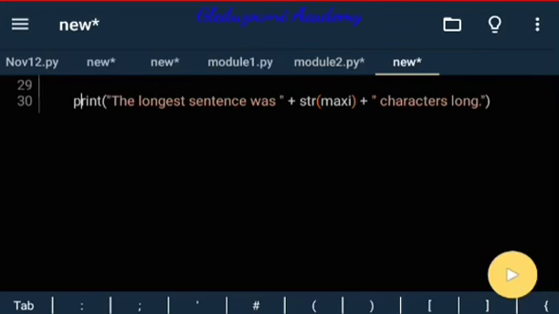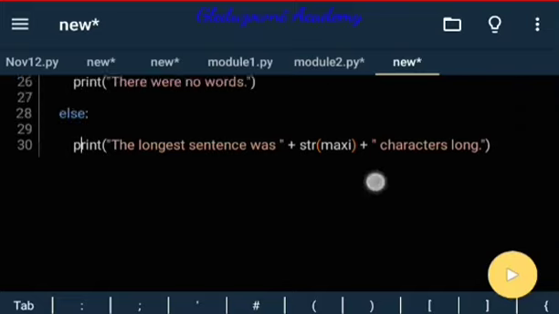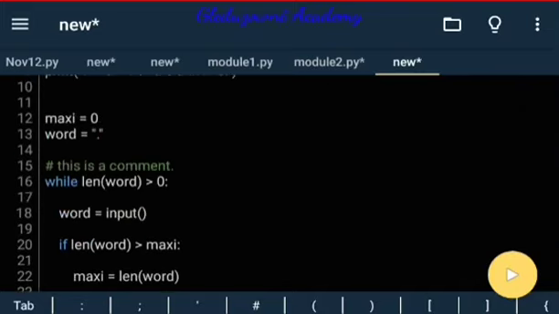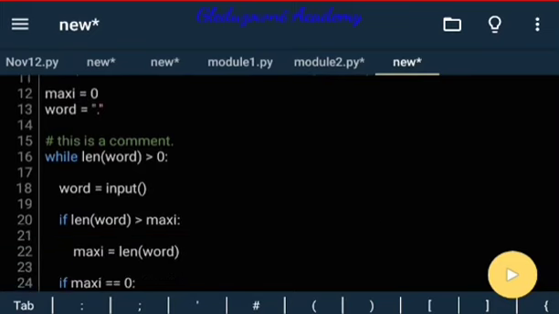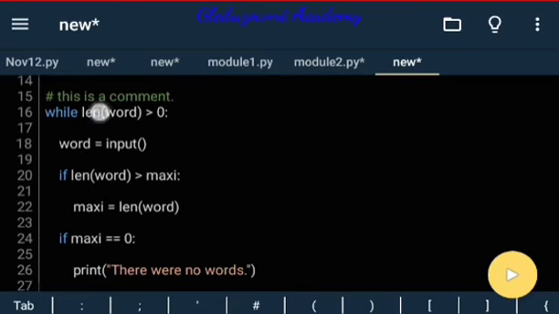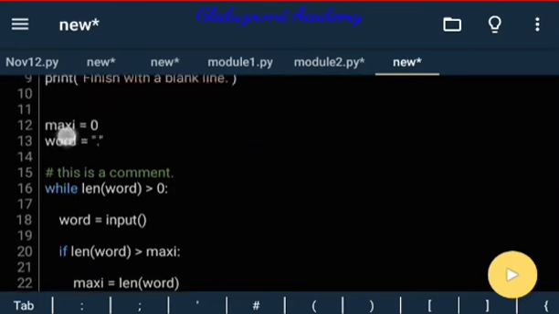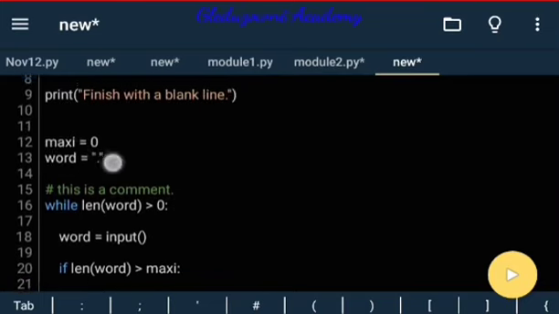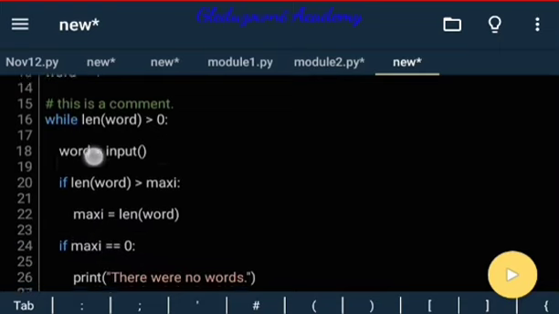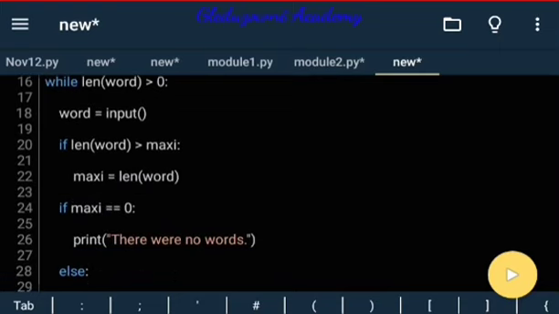Hello guys, in the previous episode we talked about a code we wrote that calculates the length of a word using a specific kind of code block, using this: while length of word is greater than 0. So once the length of the word is greater than 0, which it is here, you can see that there's a dot. That dot is considered a character. So while it is greater than 0, then the word will assume an input which you type in the computer,